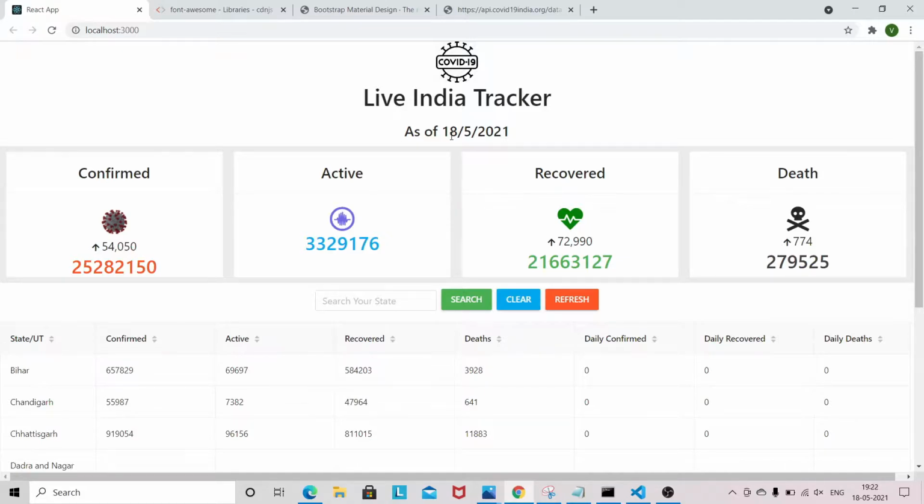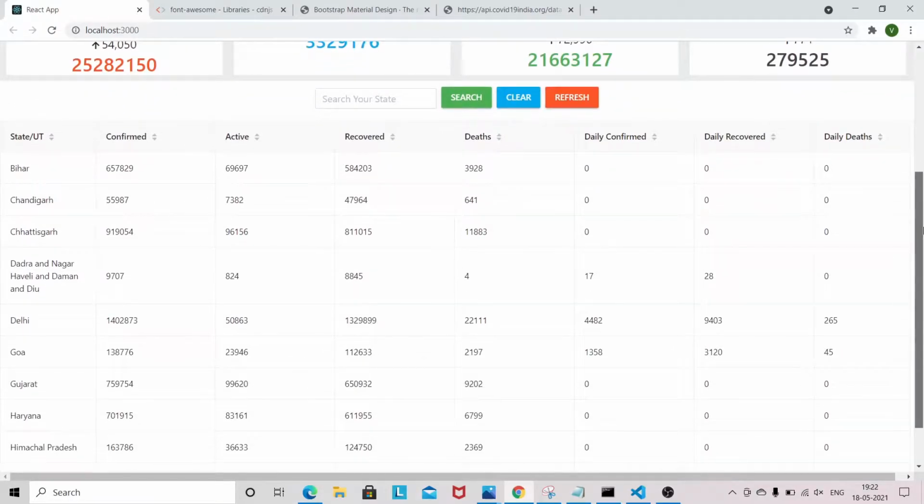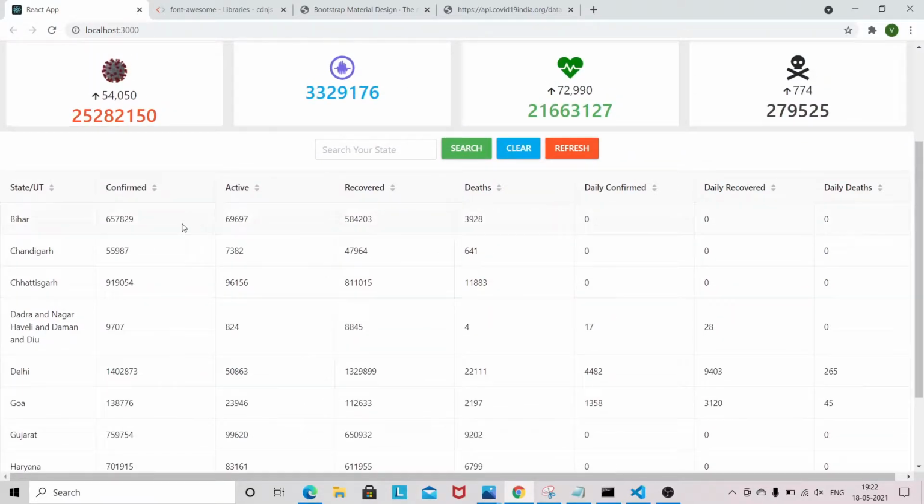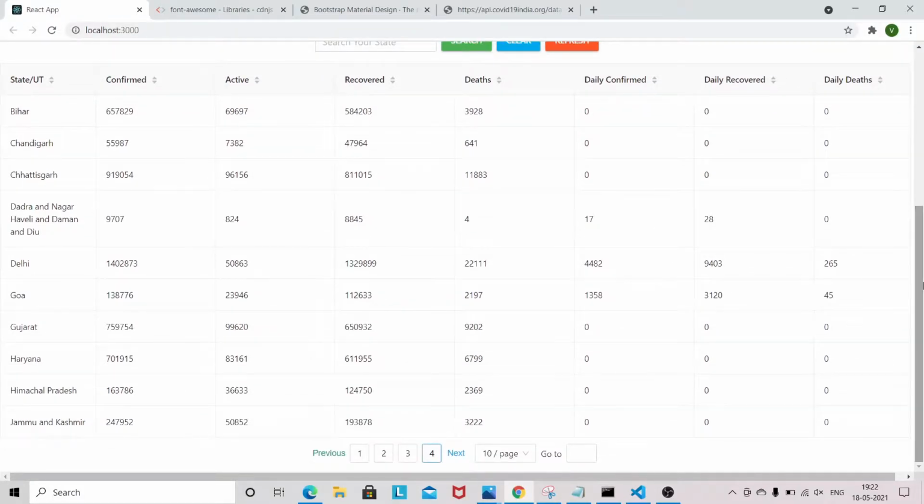So today is 18th May. So this is the overall cases in India. Apart from that, we have statewide cases also. You can see here, this is the statewide cases we are displaying in the table, and we are displaying records per page.